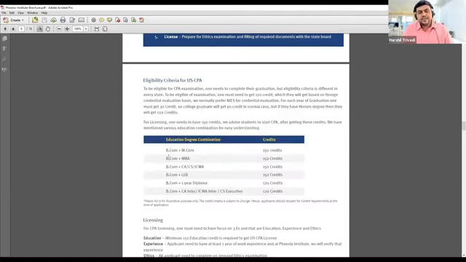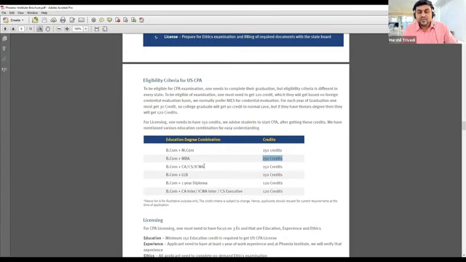These are the various permutations and combinations which give you the idea about the credits. Like if you have BCom or MCom, you will get 150 credits. So you are eligible for the license. If you have BCom and MBA, you will get 150 credits. So you are eligible not only for the examinations, but also for the license. If you are BCom, then CA, CS, or ICWA, then also you will get 150 credits. So you are not only eligible for examinations, but for license. If you are BCom and LLB, then also you will get 150 credits.